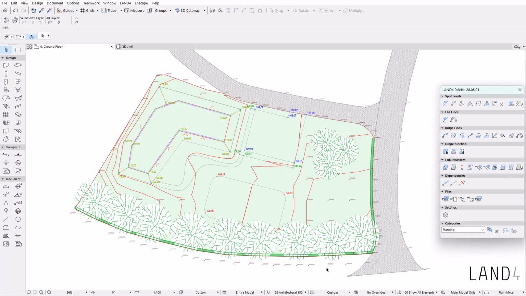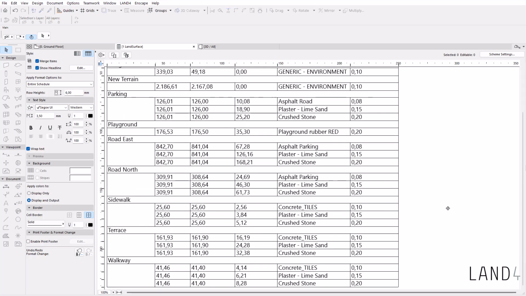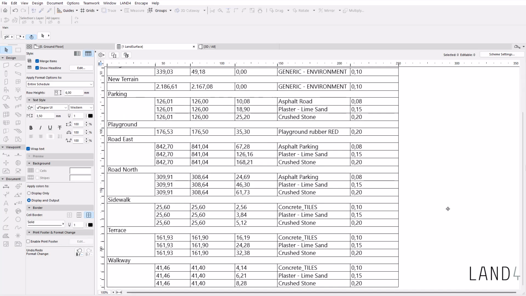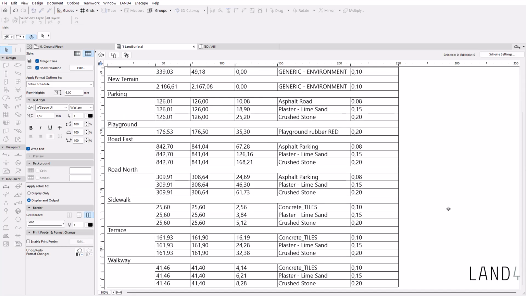You can now open the schedules and visualize the results. The schedules are now showing the parameters set in the scheme settings, based on their name for each surface, altogether with the areas and the volumes.